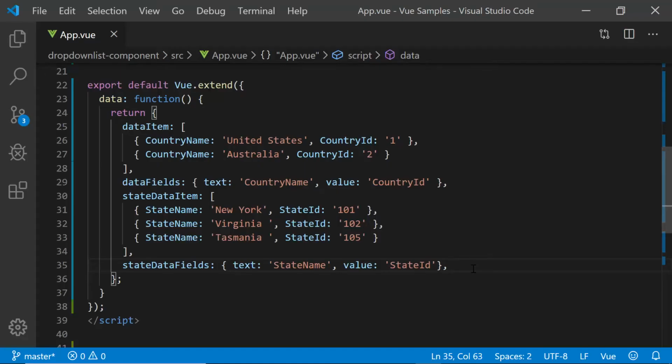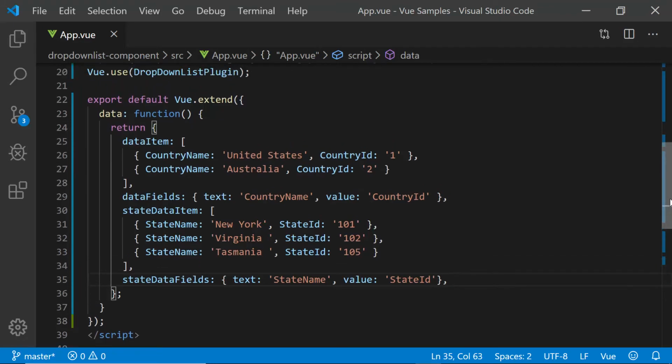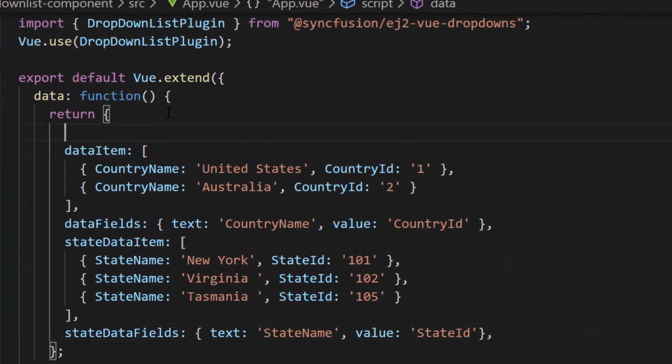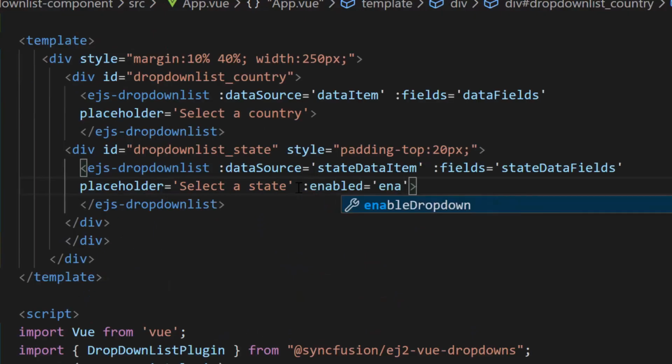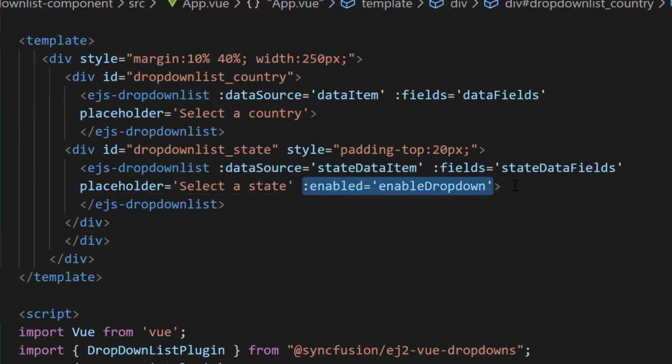First, to disable the state drop-down list component, I will set its enabled property to false. For that, I will define a variable enable dropdown and set its value as false within data function. Then, I will assign this variable enable dropdown to the enabled property of the state dropdown list.